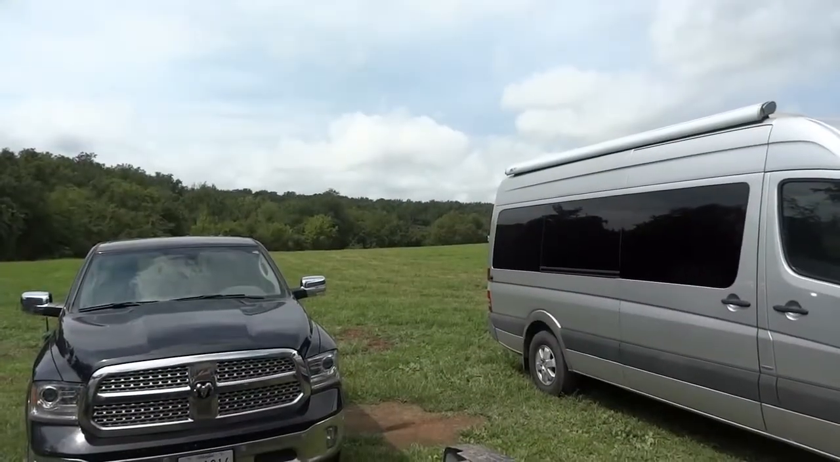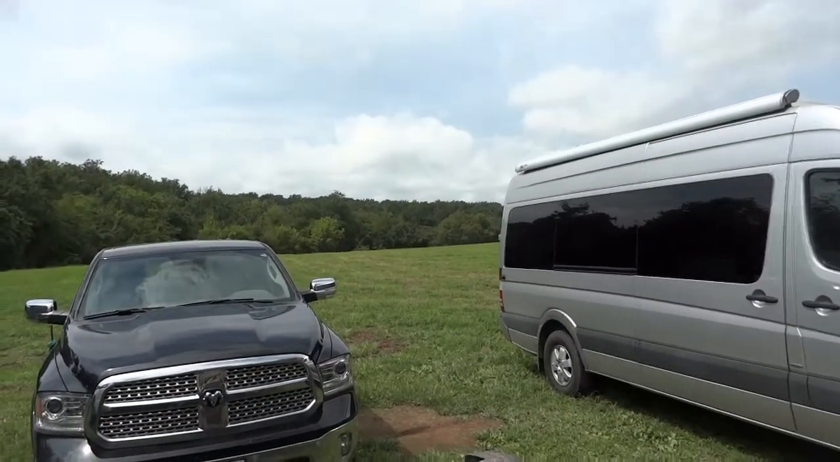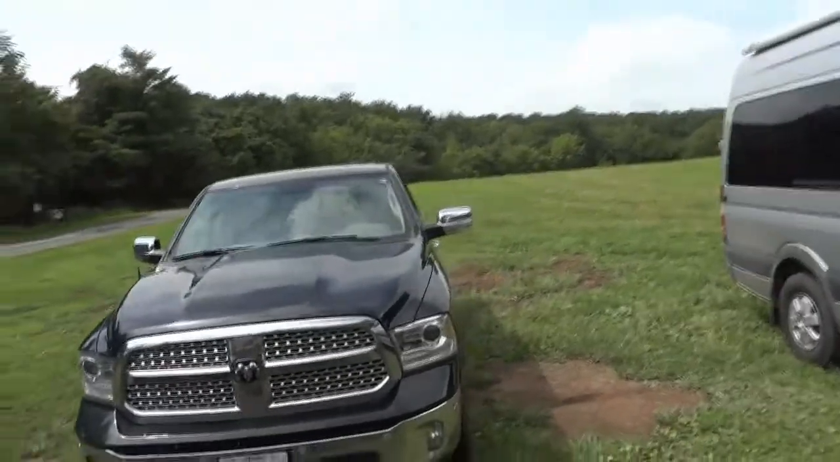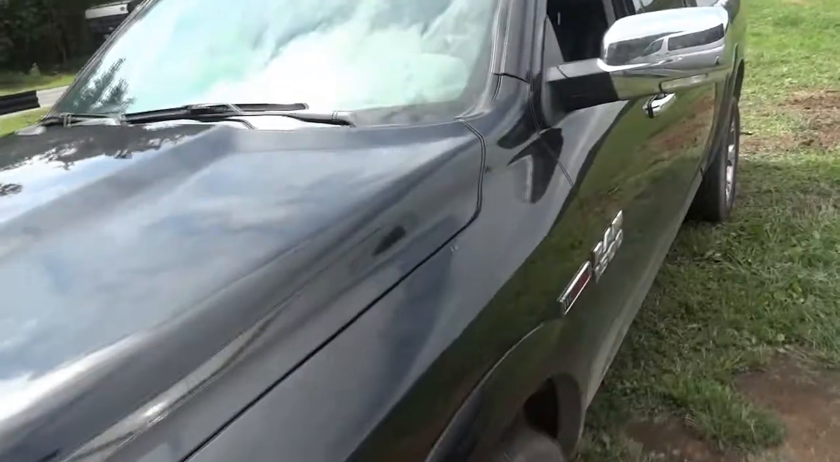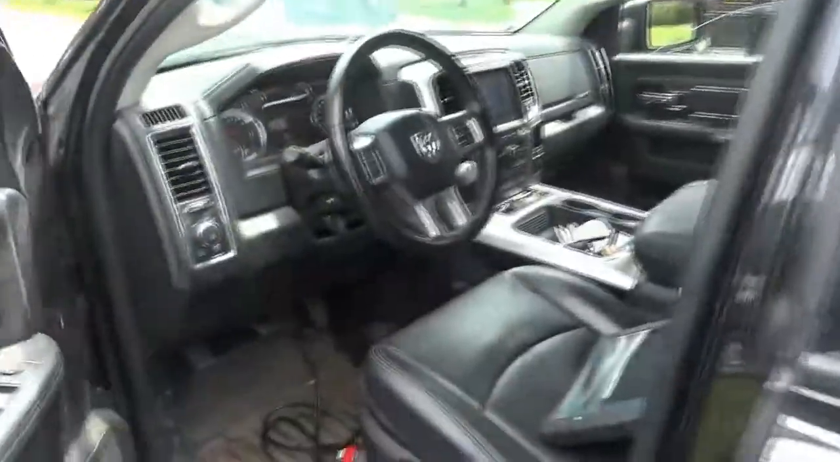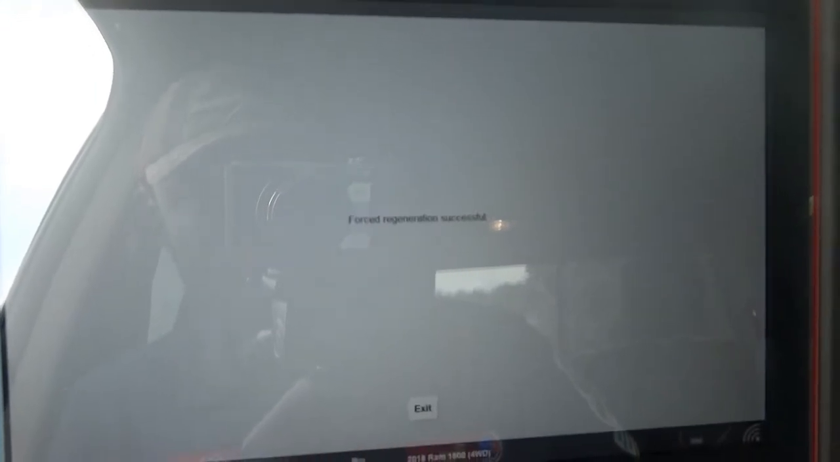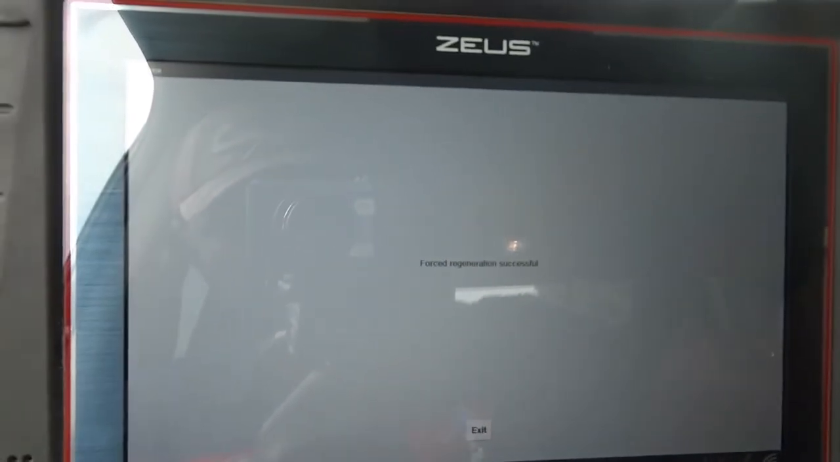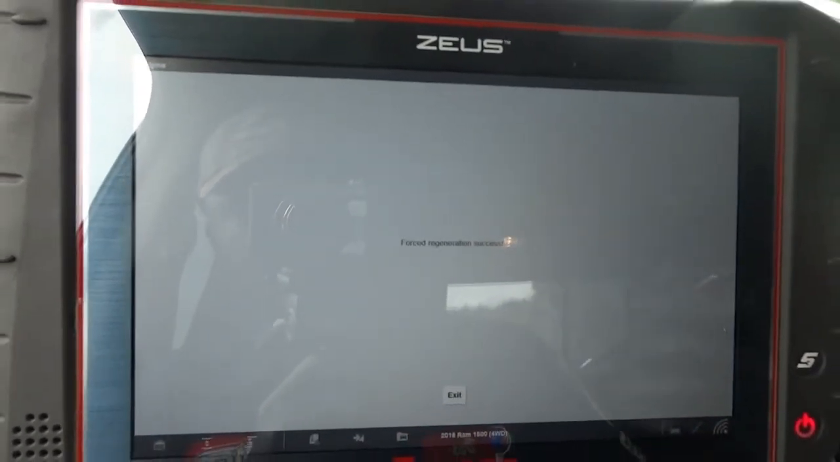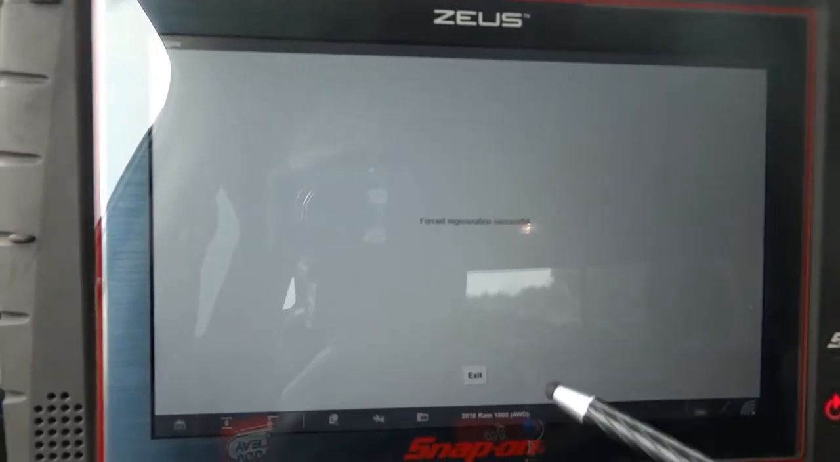Alright guys, I heard the truck's idle drop, so now I'm walking back to it. Let's see what we're gonna find. It looks like the regeneration process is over. I hope you guys can read this. It says forced regeneration successful. So it looks like the regeneration process is over. So now let's exit out,